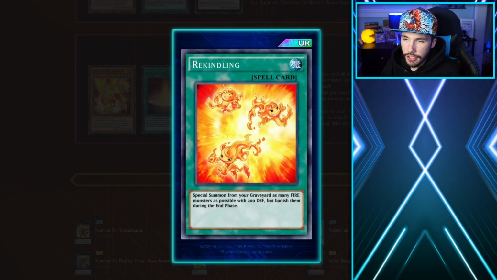Now, I did go back to the card catalog in Duel Links to check which cards that we already have in the game that combo with Rekindling, and so far I've noticed that Hazy Flames and Fire Fist have monsters with 200 defense that you can summon with this card. So that's something to definitely consider, and I'm going to assume that there's going to be some cards that we're going to take a look at later on in this video which are fire monsters with 200 defense, but still fire decks do have ways to send themselves to the graveyard,